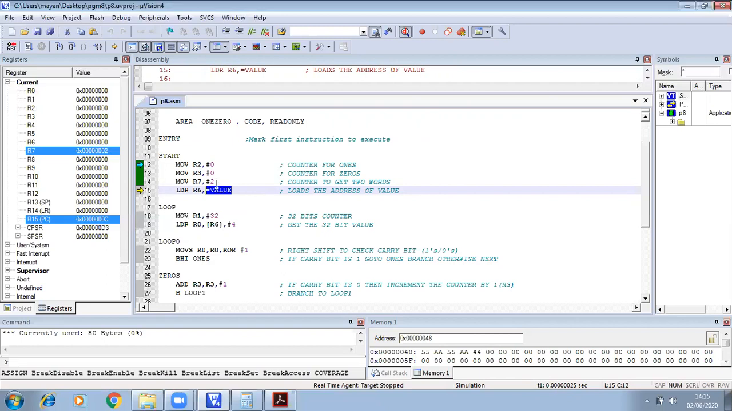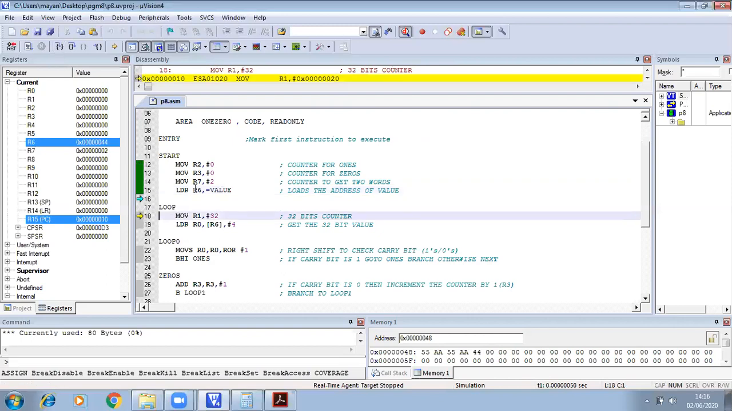First we have to fetch the first number, or first value, which is 0x11111111. In order to fetch the value, first you need to know its address. So load the address of value into register R6. R6 as of now is 0. Once you execute that instruction, the address of value will be loaded into register R6. So in the memory window, if you give that particular address, 0x followed by six zeros and 44,